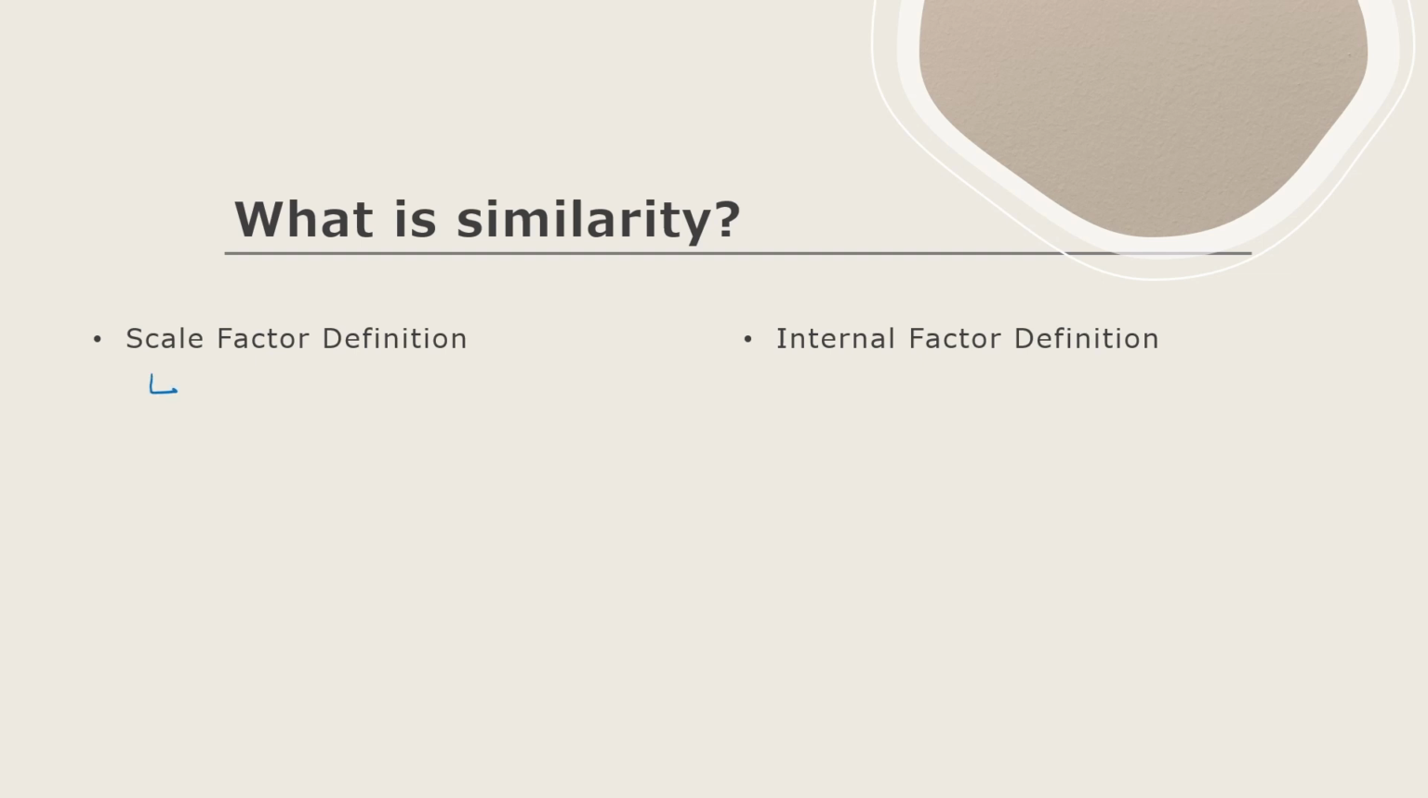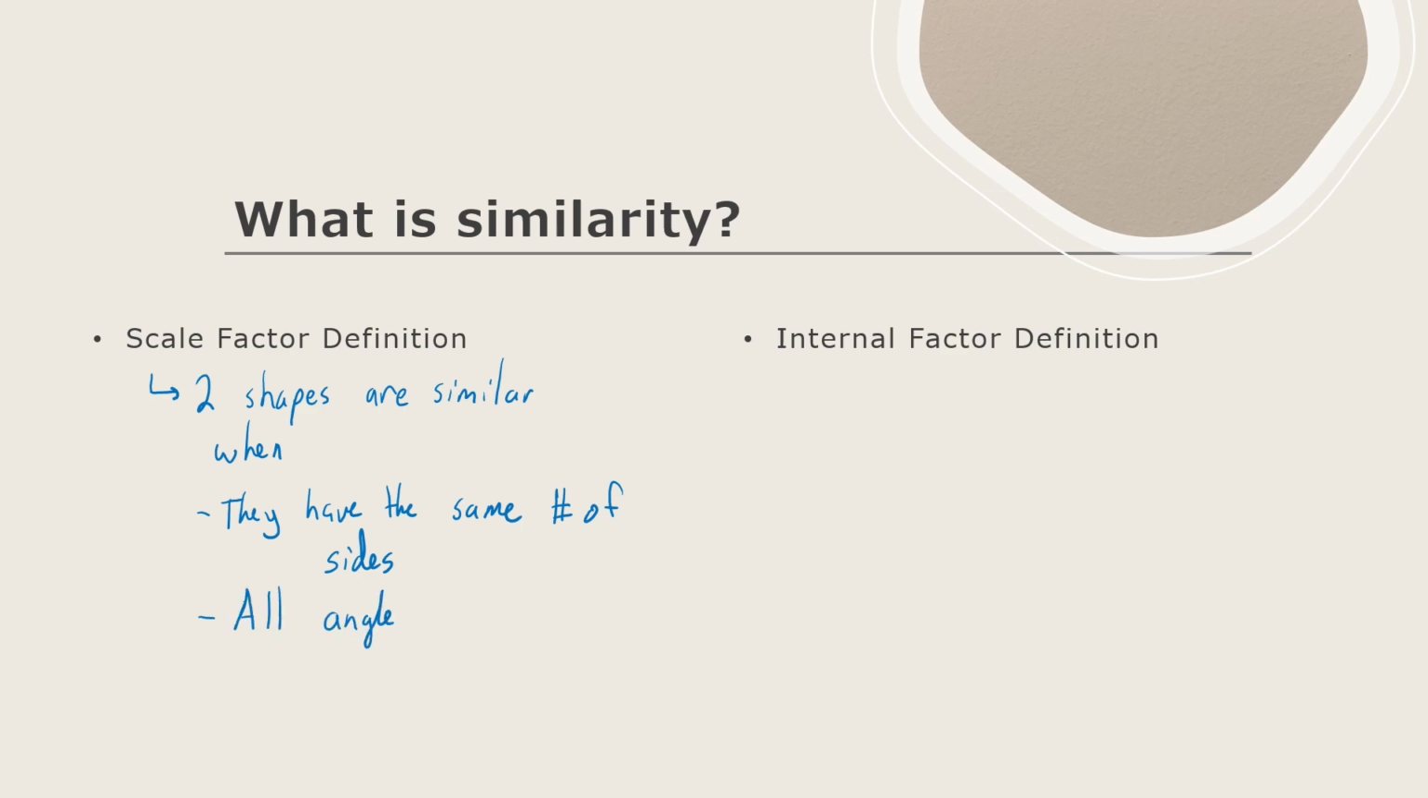When we use the scale factor definition, we say 2 shapes are similar when they have the same number of sides, all angle measures are the same, and then finally, all corresponding sides